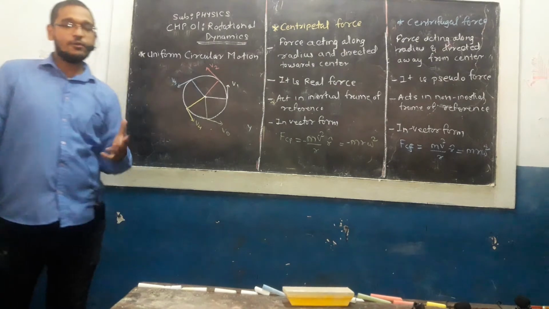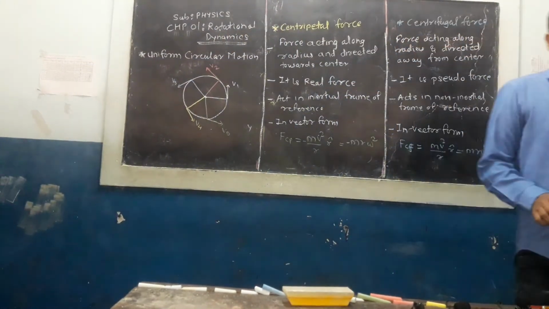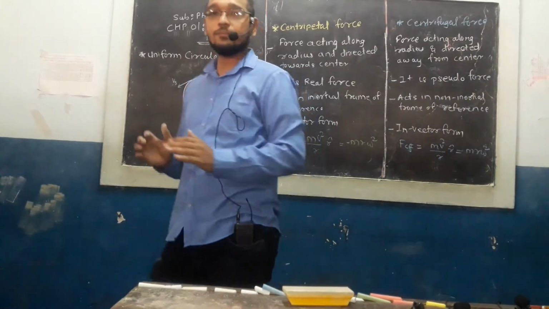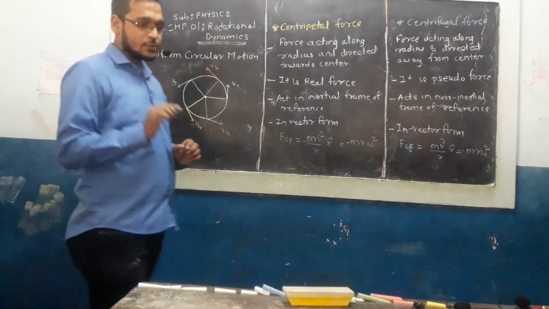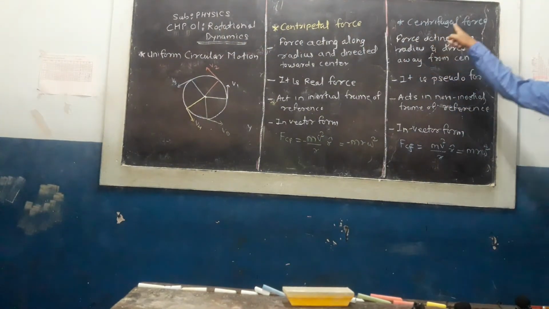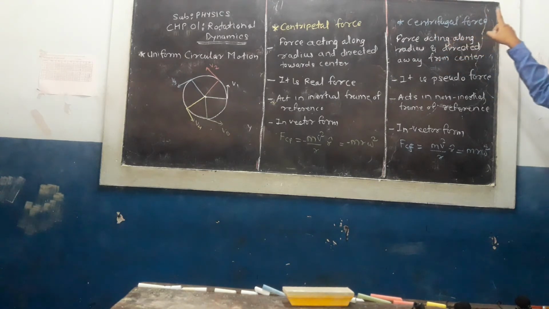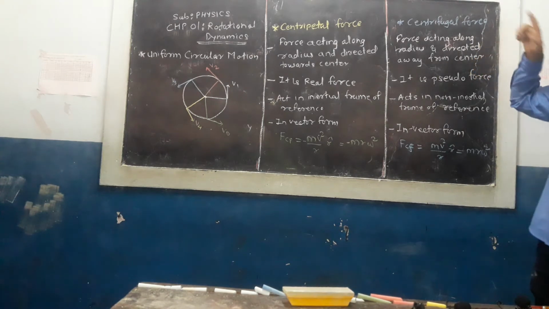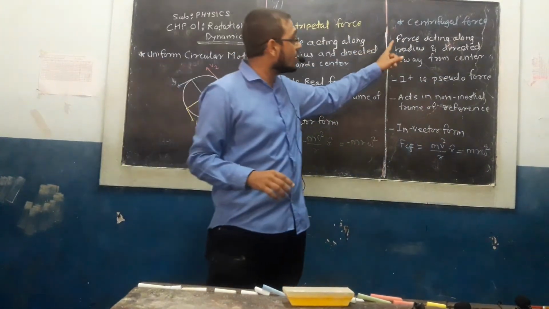While traveling through the bus, if a driver takes a U-turn, suppose it is turning toward left, then the passengers are tilted toward right. Okay. So we experience a certain kind of force. That force which we experience, to balance the force, such kind of force is called the centrifugal force. The force that is acting along the radius and directed away from the center is called centrifugal force.